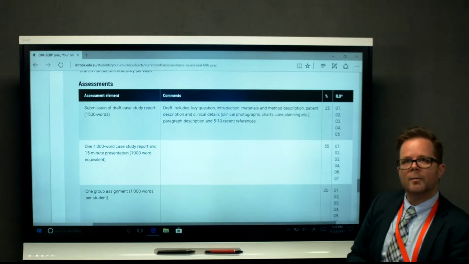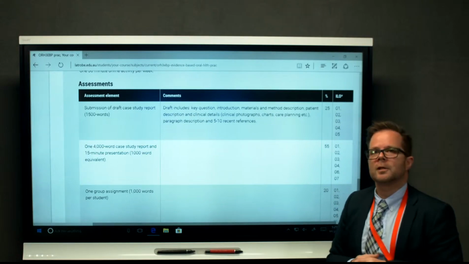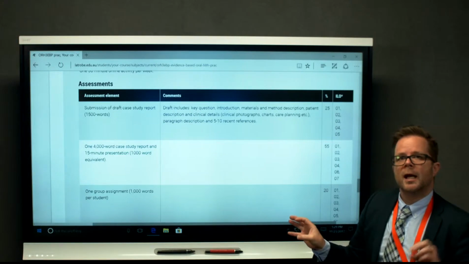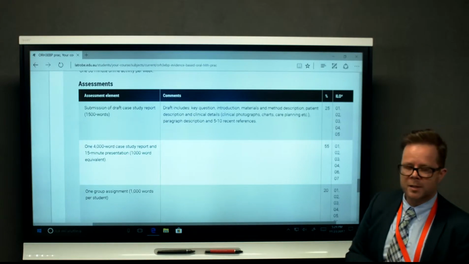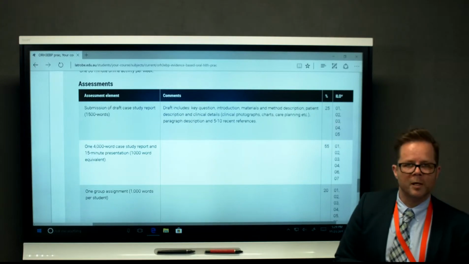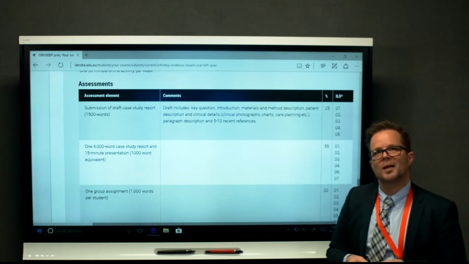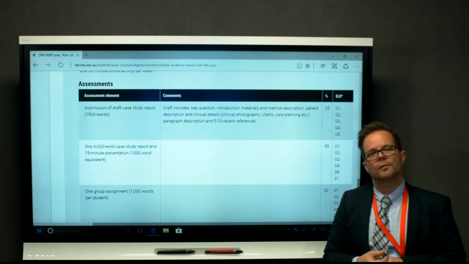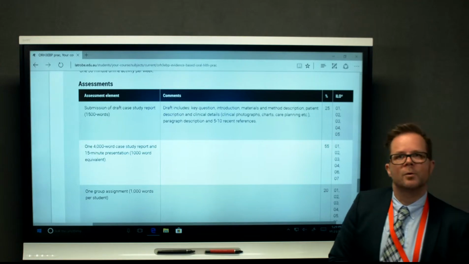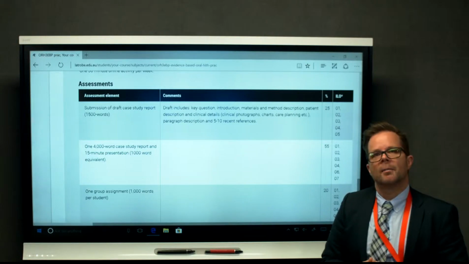It will then focus on possible solutions, so you'll need to go to the scientific literature to look at, one, what the problem means and what causes it, and two, what's been used in the past to help other people to resolve this clinical issue for the patient or for patient groups. You'll then need to come up with a solution to that issue for the patient and then apply that to them,